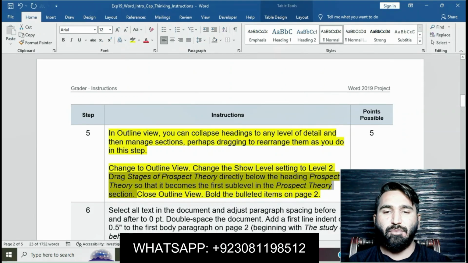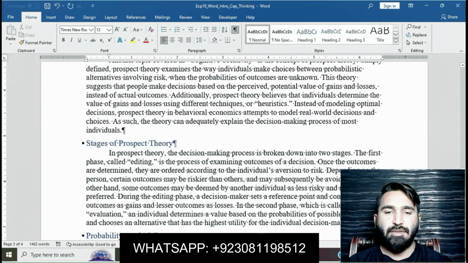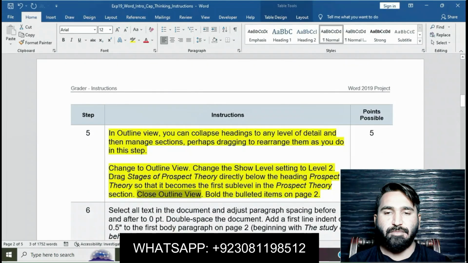Close outline view, bold the bulleted items on page 2. Close outline view. Then bold the bulleted items on page 2.